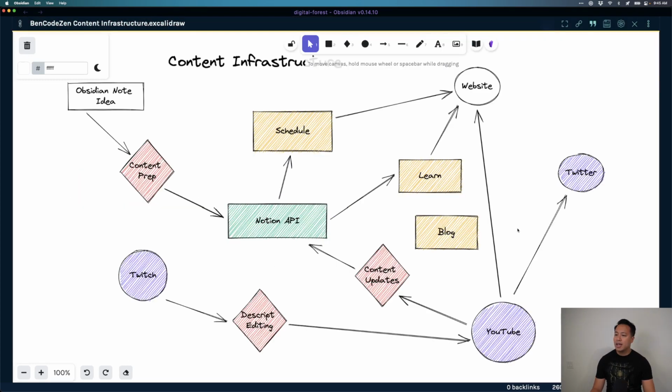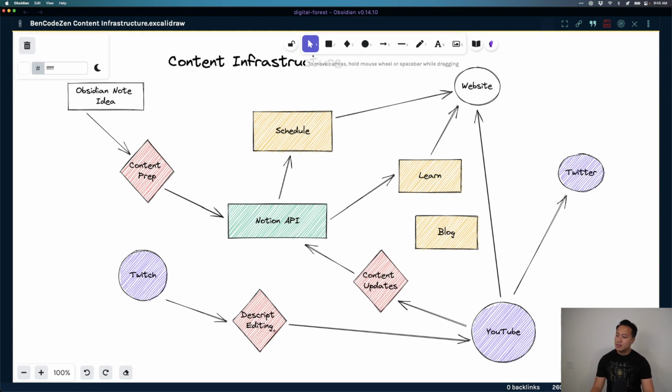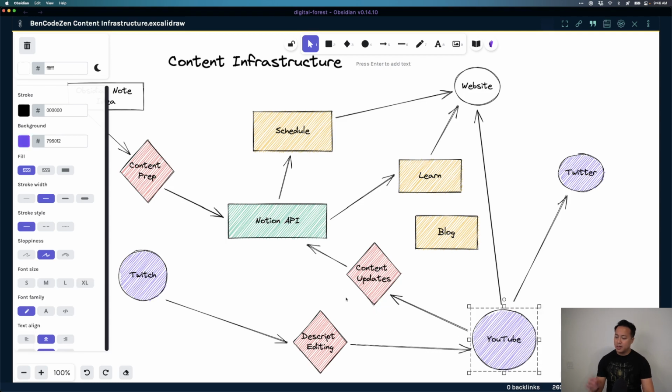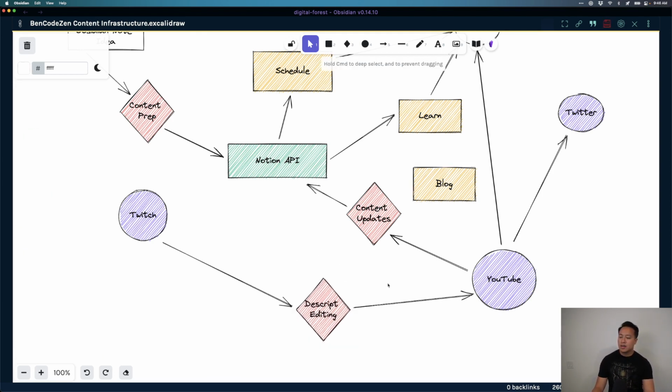So as we look at this workflow, content updates, yeah, because once you're editing in Descript, then YouTube, you have to update the API, but then where does the blog step into here? So if you go from Twitch to Descript editing, I know I'm starting to get better at figuring out where the chapters are being marked. So it's from here that you get,